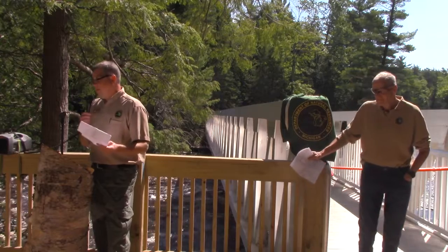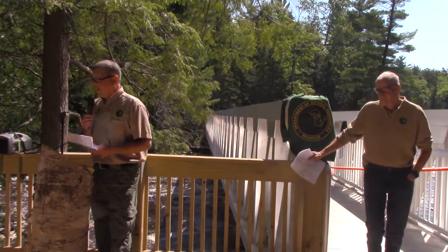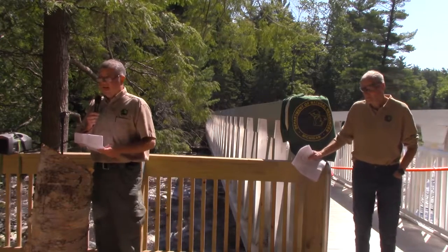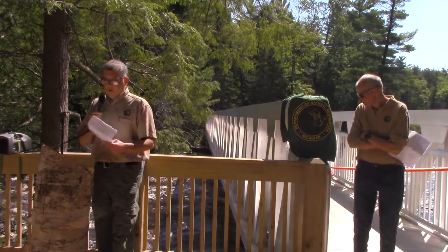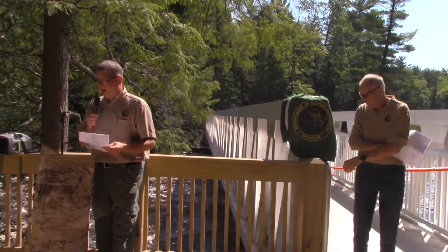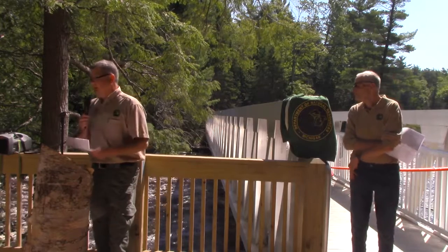Some side benefits, safety-wise, emergency-wise, when we have emergencies on the island, which we do get from time to time, it's a lot easier dealing with those now for our staff and for EMS, whoever the case may be, to get across to the island without having to make the rowboat part of the journey. And then additionally, operationally,